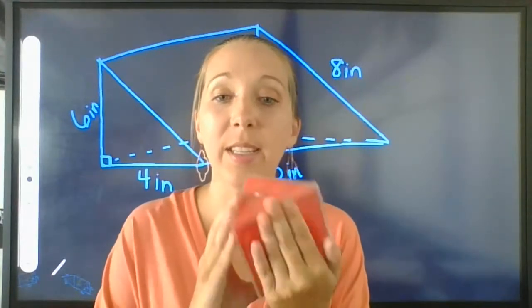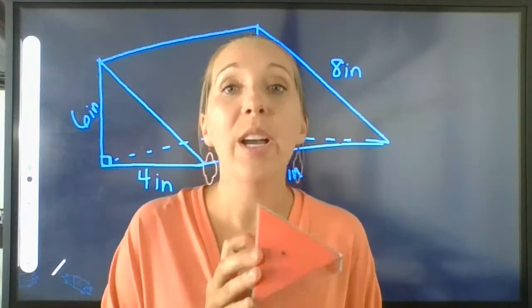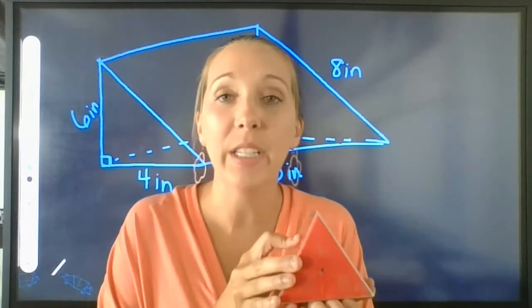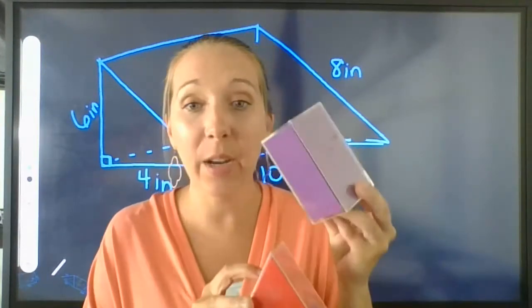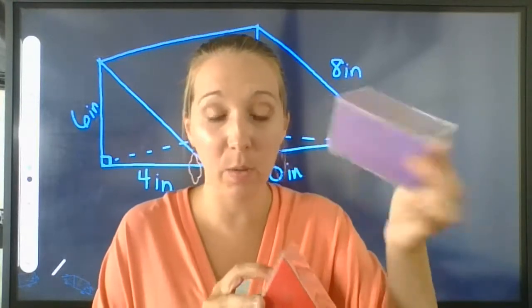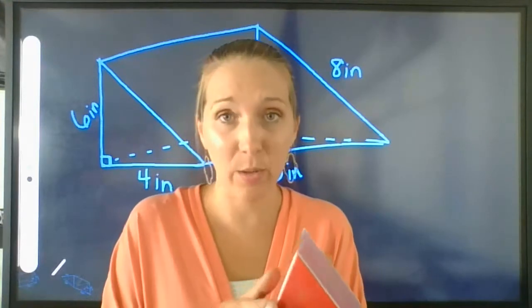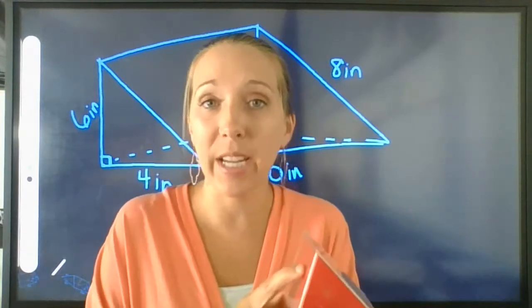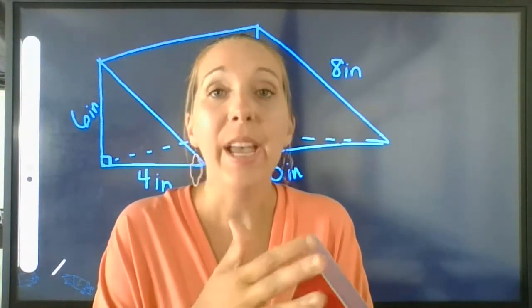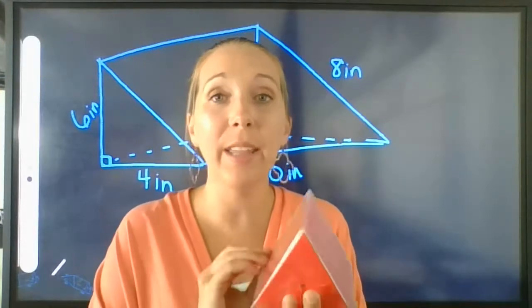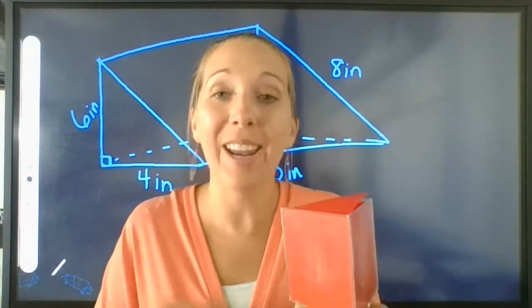Just because it is laying on this rectangle does not mean that it is a rectangular prism. This is a rectangular prism. It's made up of rectangles and squares. Okay, so this one is made up of rectangles and triangles. So just because it's sitting on the rectangle does not mean it is a rectangular prism. It is a triangular prism because we can take this and flip it just like that, and now it's sitting